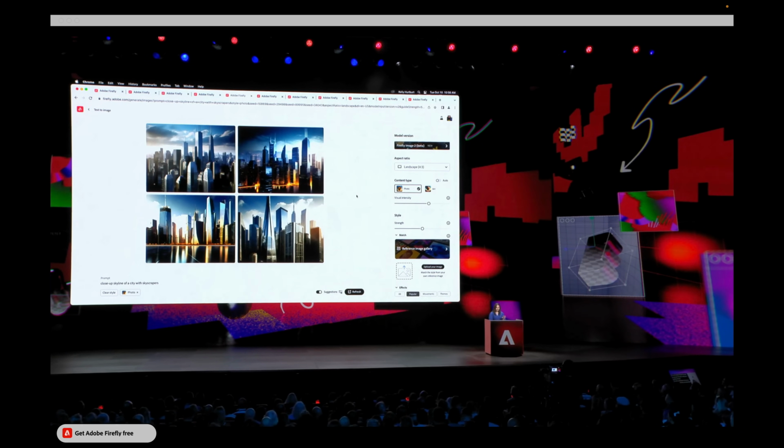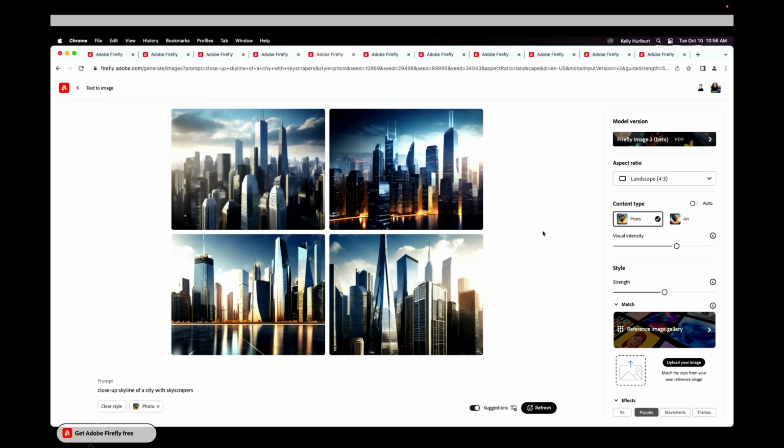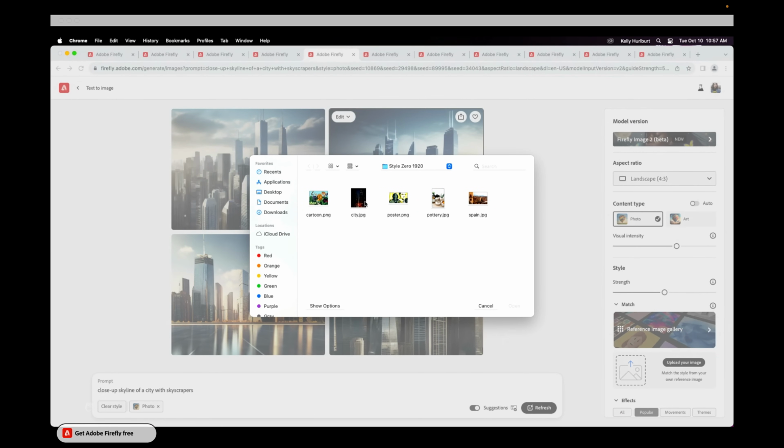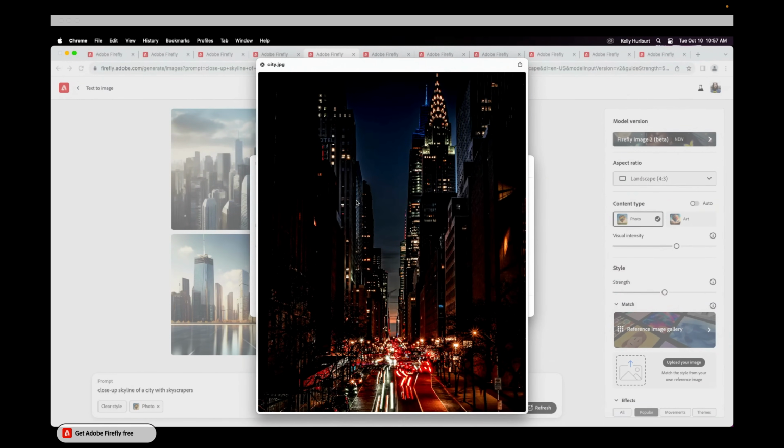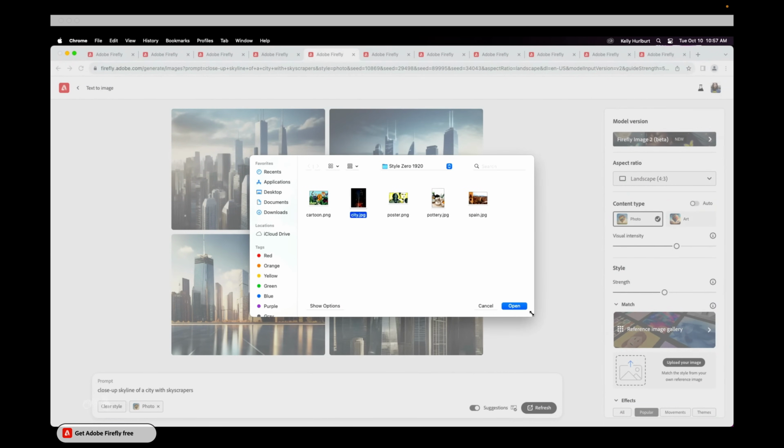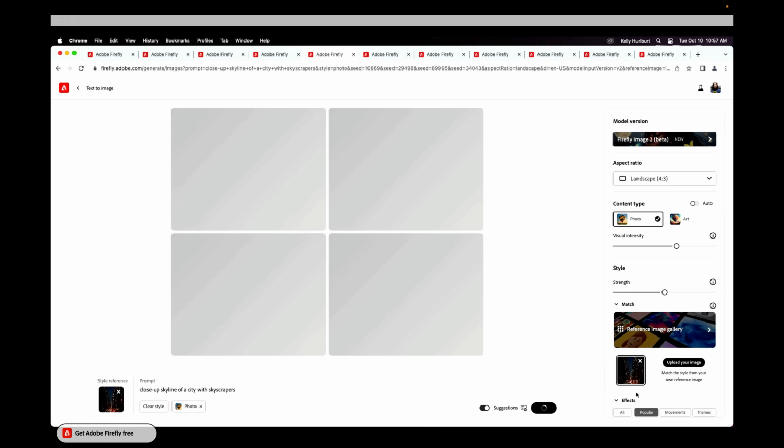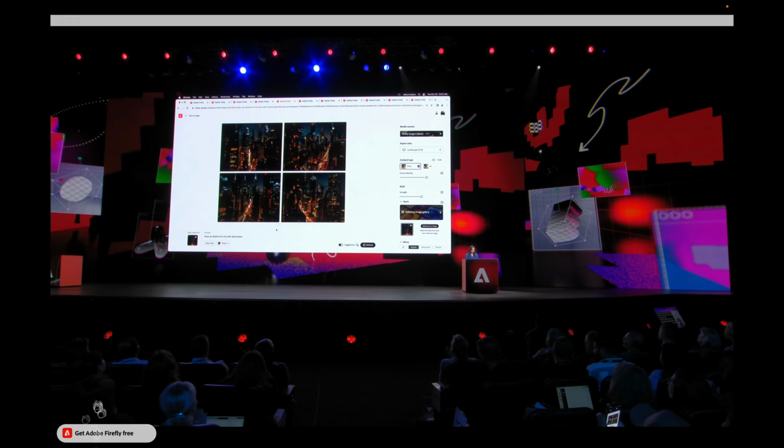So hopping over to this city image here, as a kind of hobby photographer, I have a specific way that I like to edit my photos, and I want to apply that editing style to this scene. This tool lets me actually give Firefly a reference from my own work. So this is a photo that I shot and edited in Lightroom. And now when we generate, Firefly is going to do that same style analysis, but this time it's doing it to my own work. This looks a lot like my city,